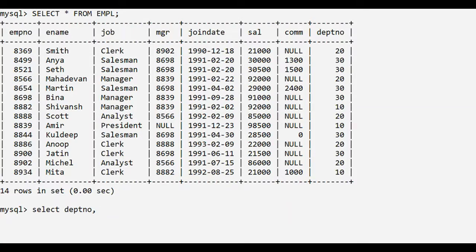To find the lowest salary, we'll use the group function min, and within brackets sal, comma, and to find the average salary of employees, we use the function avg and within brackets sal field. From employee, group by department NO.